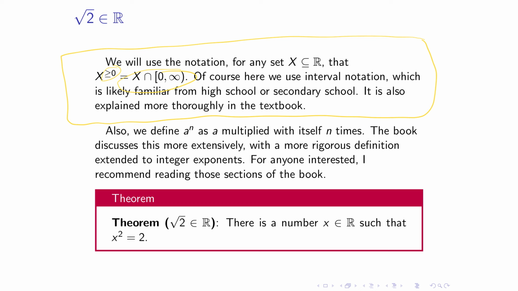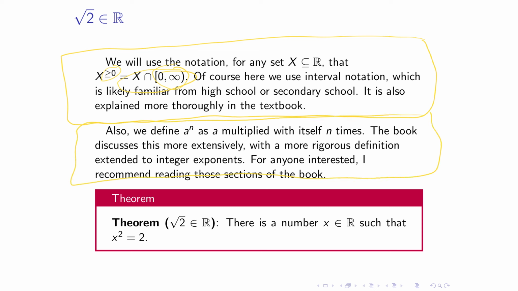This is very much like the superscript plus notation that I've introduced in another video, and this is, by the way, also using interval notation, and intervals are introduced and discussed rigorously in the book. I think that's relatively easy stuff to process, so I'm not going to talk about that a whole lot. As some further notation,